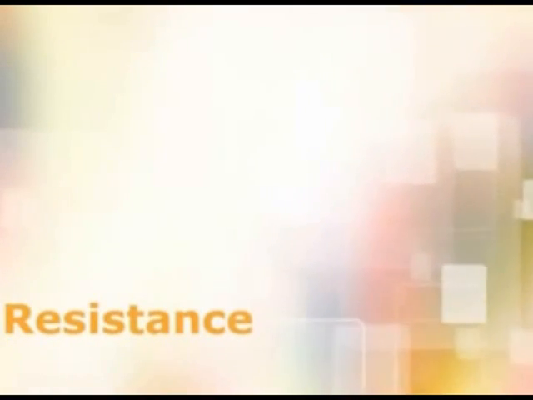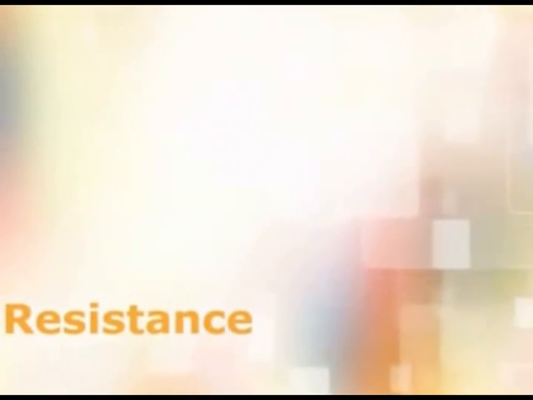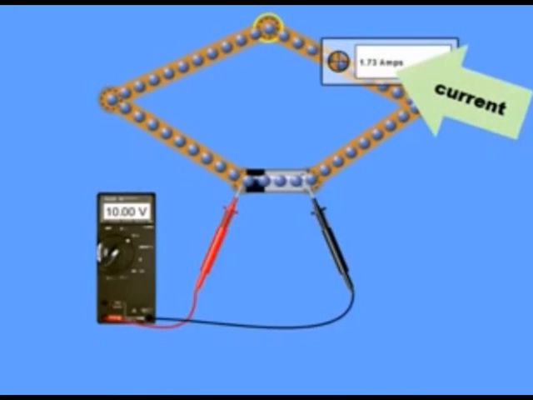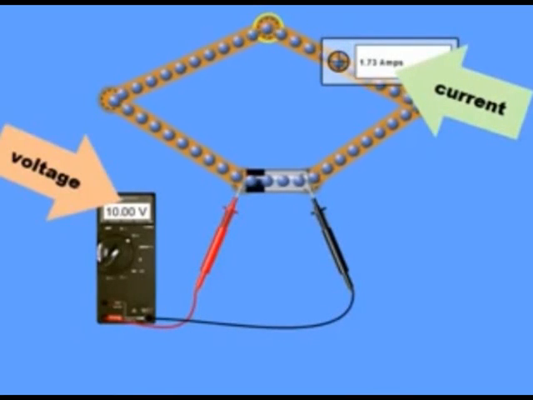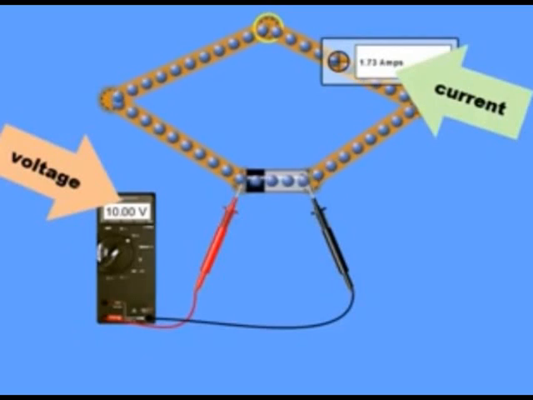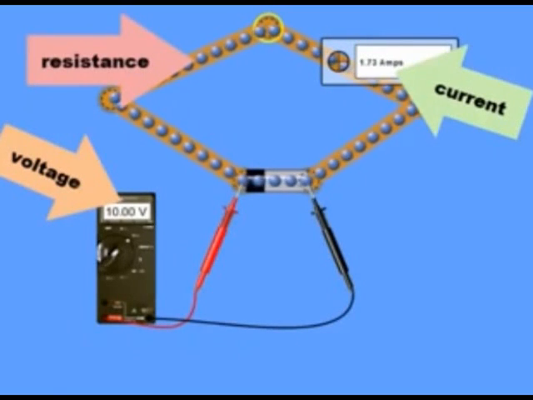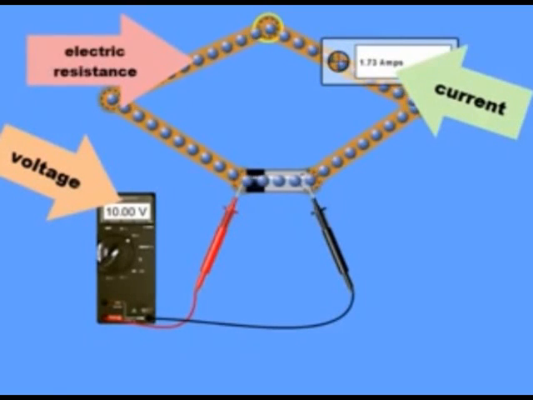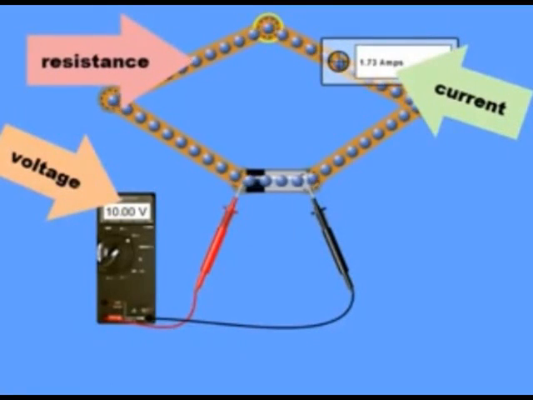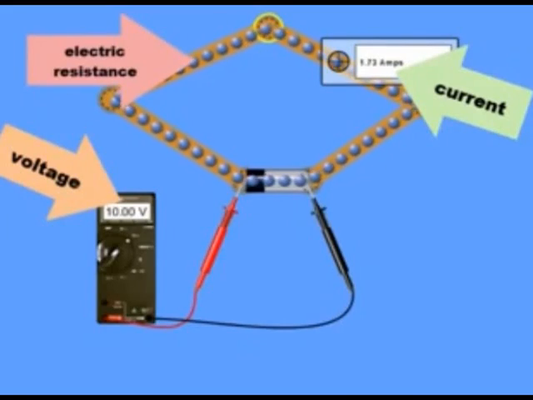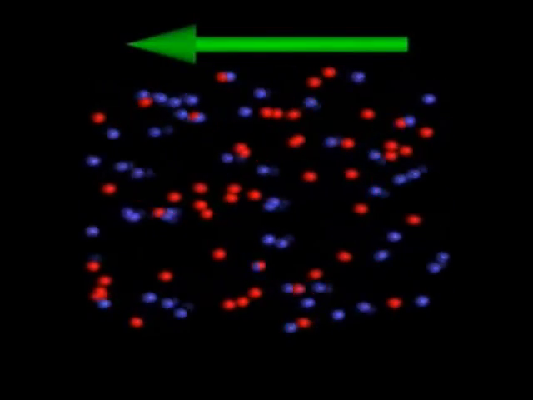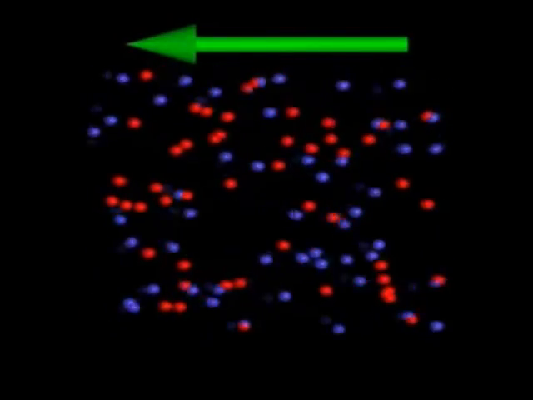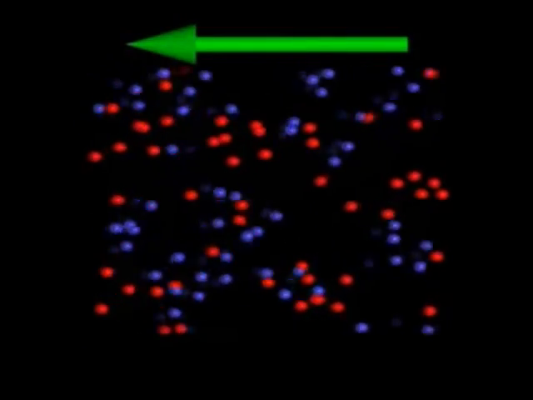Electrical resistance. The amount of charge that flows in a circuit depends on the voltage provided by the voltage source. The current also depends on the resistance that a conductor offers to the flow of charge, the electrical resistance. Electrical resistance is the opposition offered by a conductor to the flow of electric current. It occurs when a charge flowing through a conductor has its movement impeded by collisions with the atoms and impurities